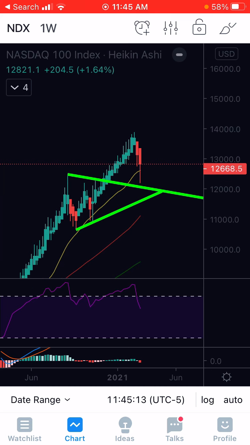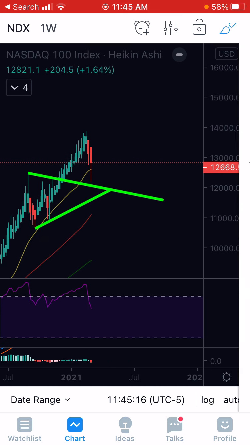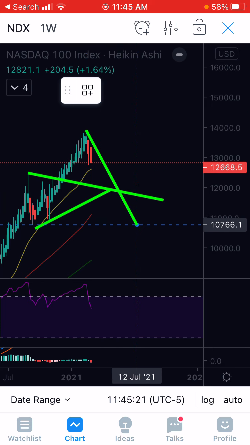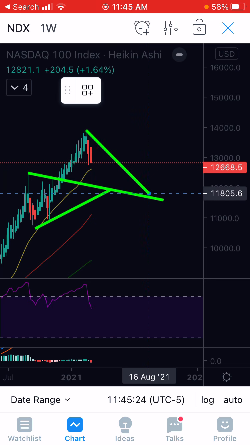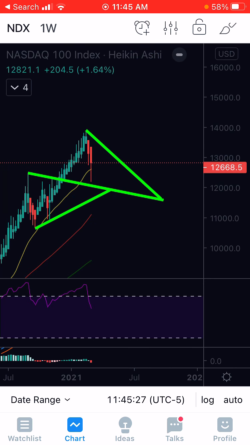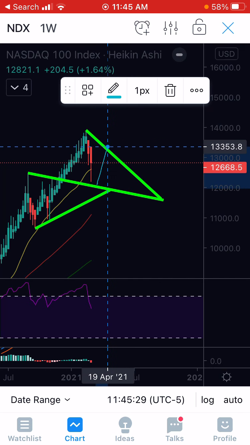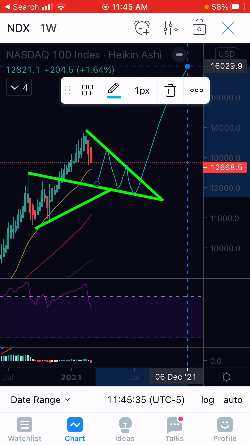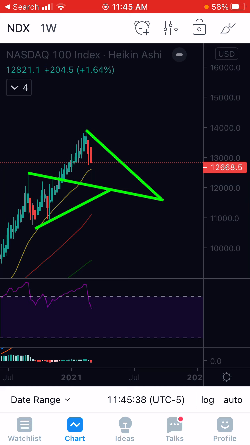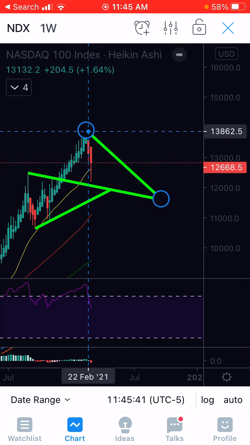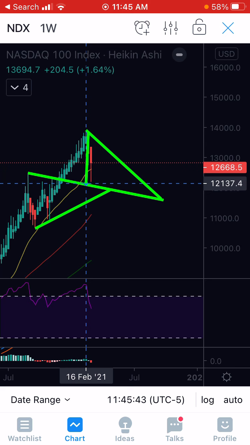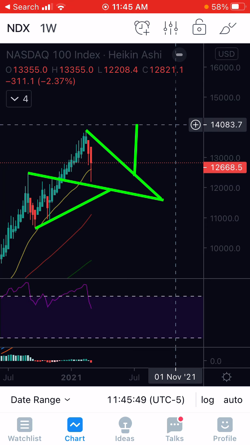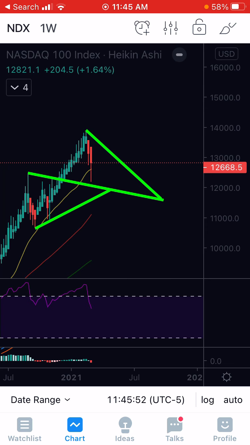So we could come back down here and create a new pennant. And this is just speculation, because there's nothing telling me what, but this could be just a falling wedge, or we could create something different here in this pattern, depending on where we get resistance. If we do run up here, if we get rejected there, then we're going to know what we have to go off of. And if we did something like that, then we could be creating another pennant that we would break out of, potentially, back up here to this 14,000 mark that we seem to like.